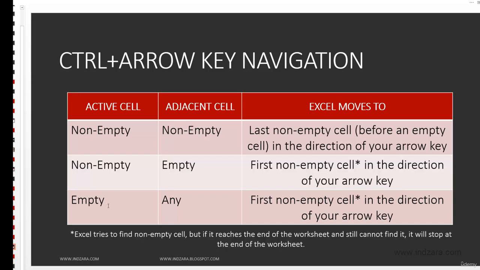Finally, if your active cell is empty, it doesn't matter what the adjacent cell is, it tries to find the first non-empty cell in the direction of your arrow key. Again, if it doesn't find any and it reaches the end of the spreadsheet, it will then stop at the end of the spreadsheet. These Control plus arrow key shortcuts can help you in quickly navigating around your data set,